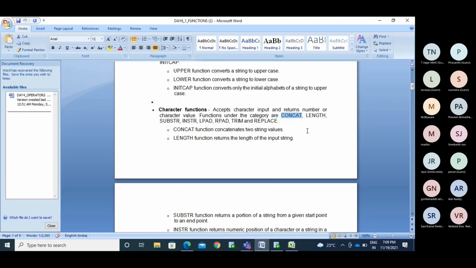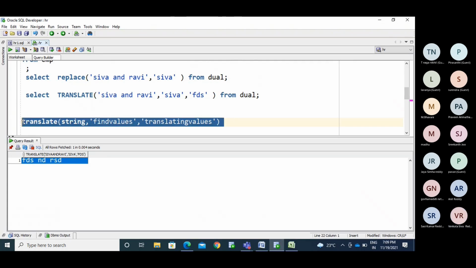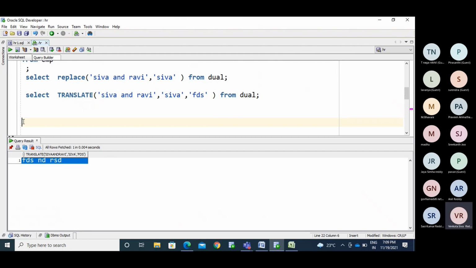Now we have other important ones here: LPAD and the RPAD. Now we have an account number column, something like that. Usually if it is the SBI account, it is 11 digits of your account number. If it is Axis, it becomes 13 digits.